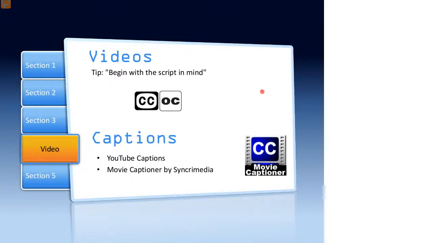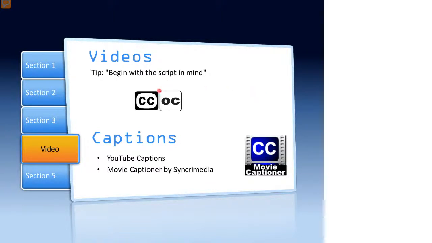Okay, videos. Begin with a script in mind. It's a bit of a play off Covey, isn't it? Begin with the end in mind. It is much quicker to write your script before you video, and it makes your video much quicker. You can do it on the fly, and you can use some programs to spit out your script, some with more success than others, but you need to have a think about captions.